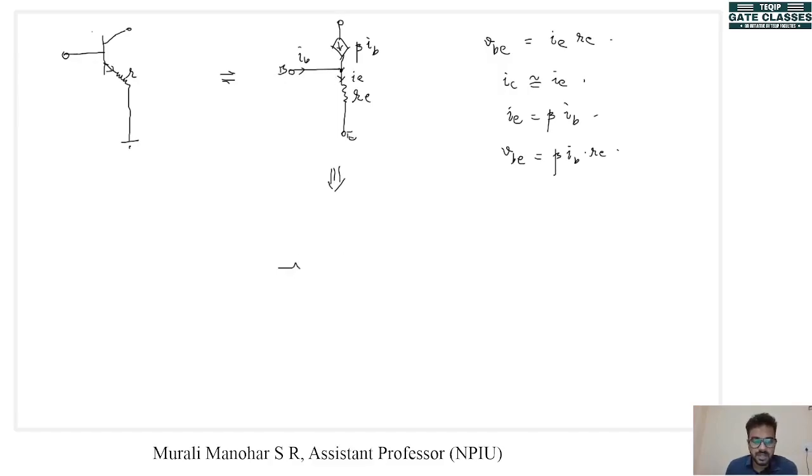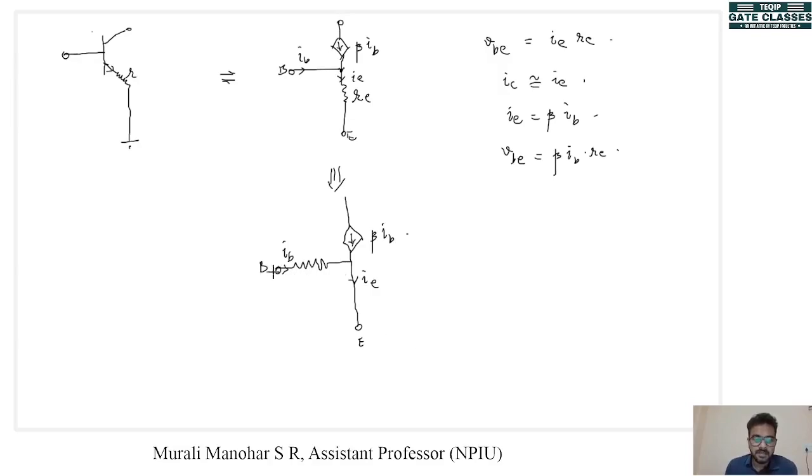Now let's say we are transferring this RE resistance to base. So that resistance will look like this. If we transfer this resistance to base, most of the common emitter configuration problems will become easier for us. So now this resistance is transferred to base. Here we have base, here we have emitter, and here we have the current controlled current source, which is beta IB. Right? Here IE flows and here IB flows.